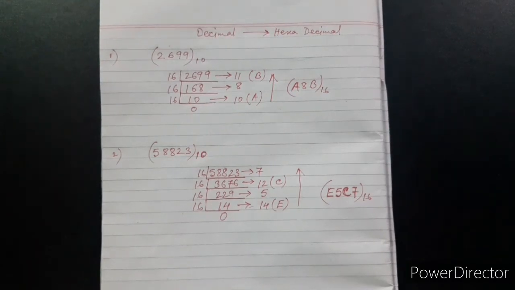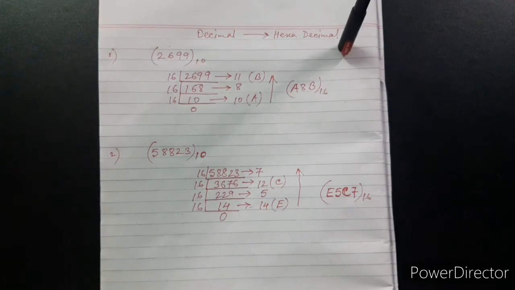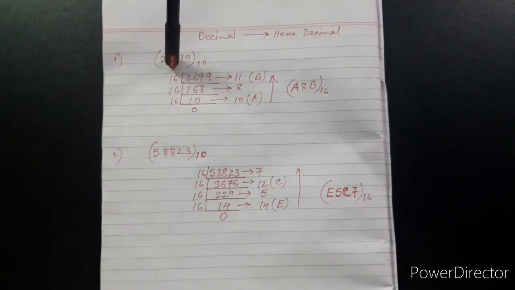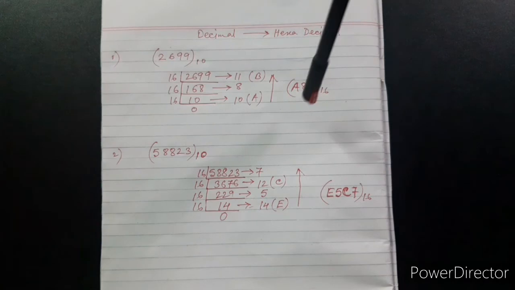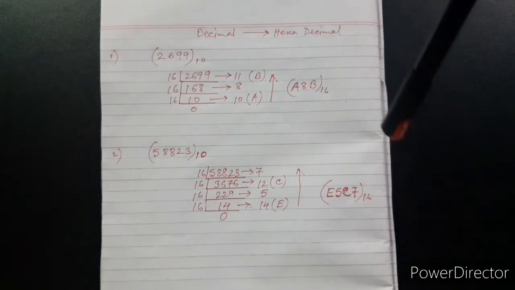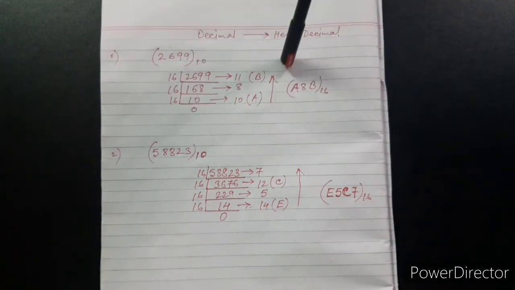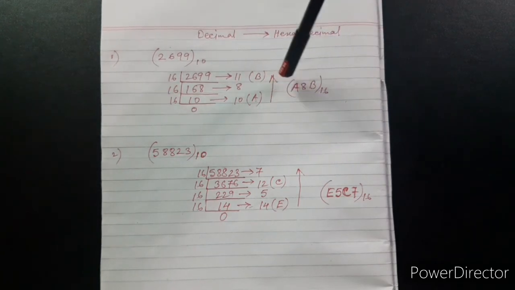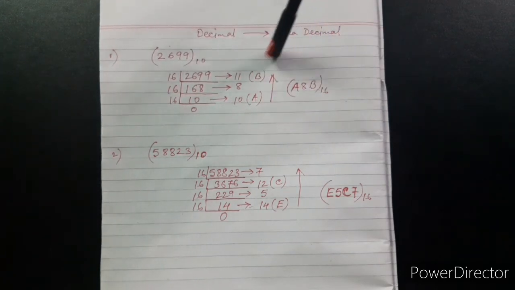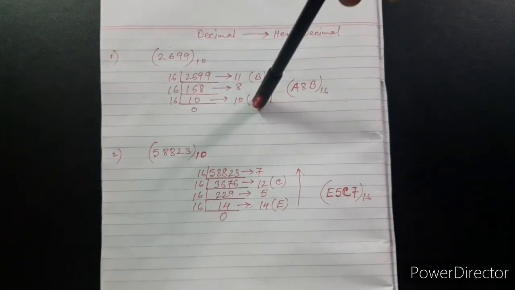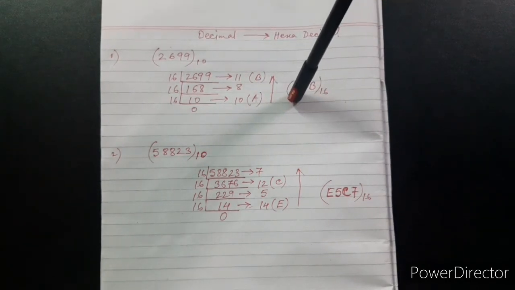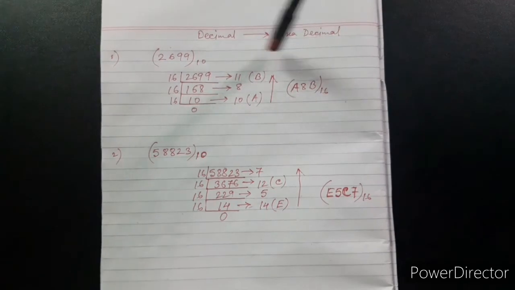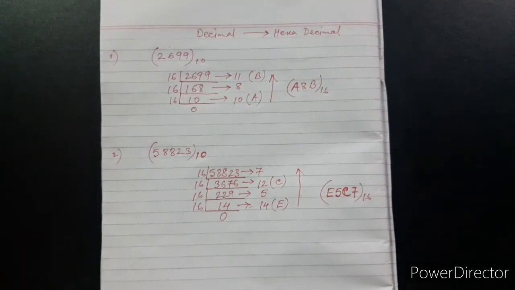The final hexadecimal equivalent of this decimal number is A8B, bottom up approach. Okay, we have to write this number in bottom up approach. So we write A here, first digit, then 8, then B. Now the second example,